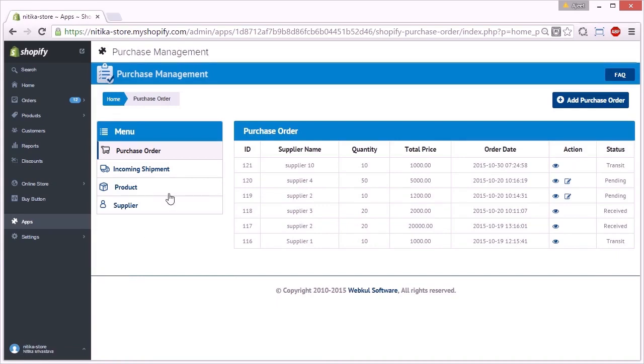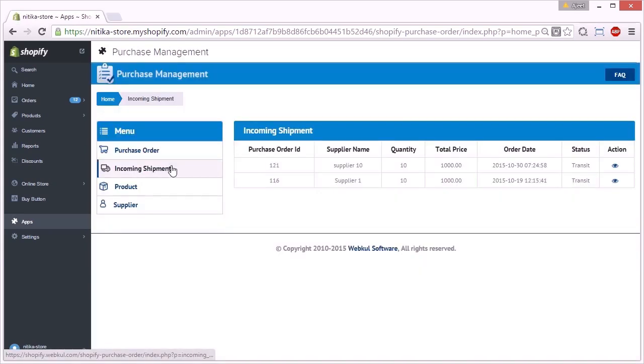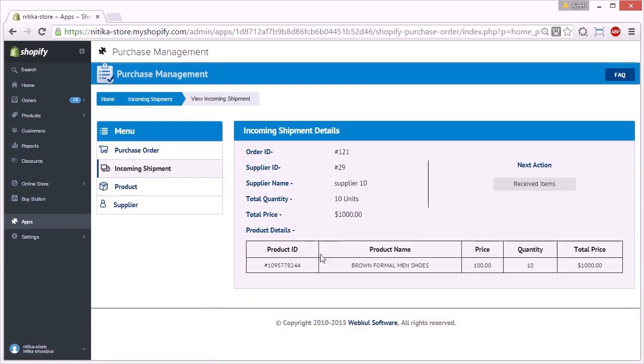Now we'll go to the incoming shipment. This incoming shipment is the option wherein you have to update that the purchase order has been received by you, from the transit status to the received status. Clicking on here, the moment you receive your brown formal men's shoes and the quantity is as per